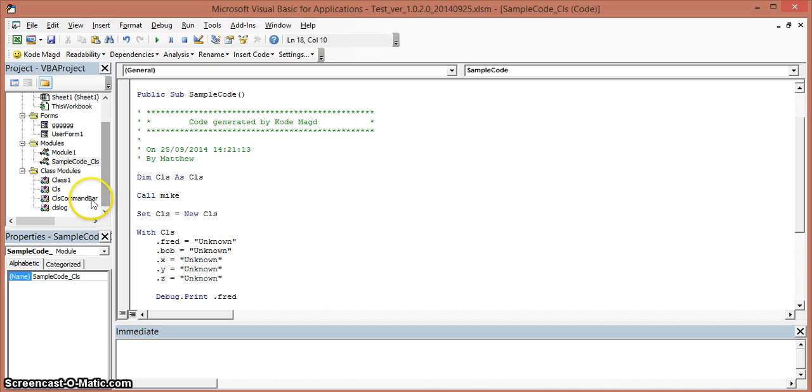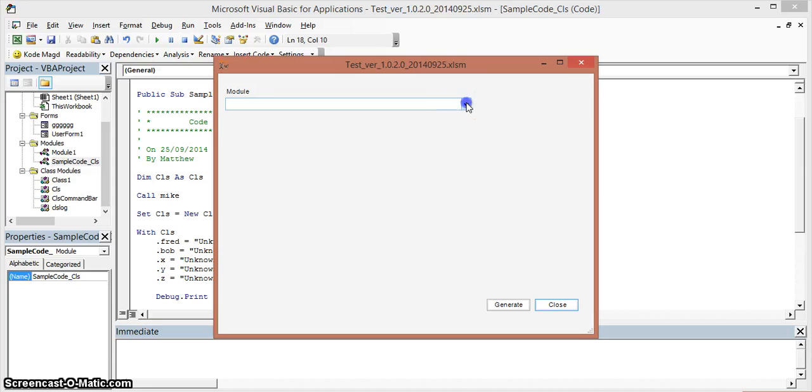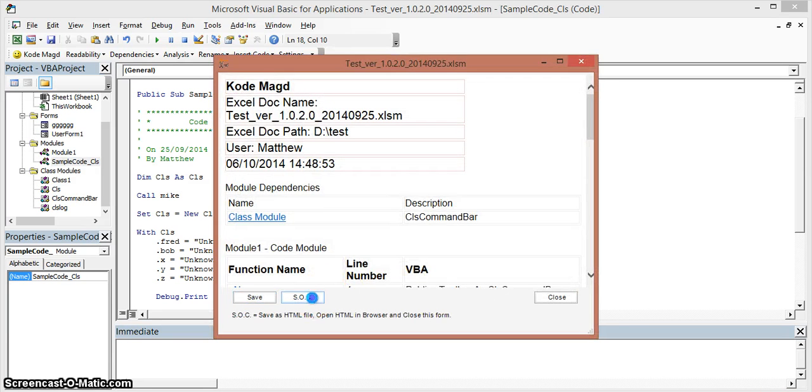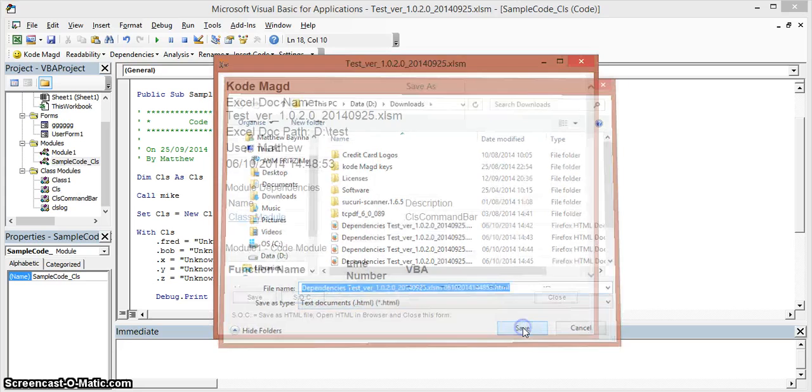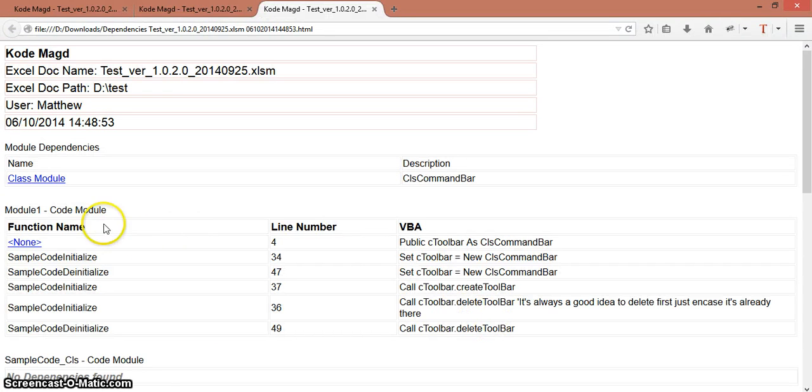Now I want to see where this class CLS command bar is being used. So I can simply do CLS command bar and open it up in the browser. And there we can see that it's being, in Module 1, we